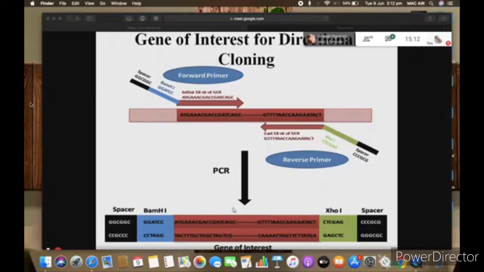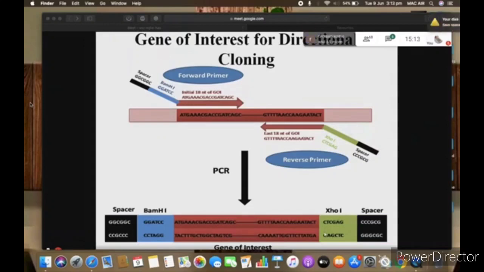There is no BamHI in this gene; starting is ATG, stop somewhere, and in between there are no restriction sites. But we have added the restriction site through this PCR, by designing a primer which has these overhang restriction sites.